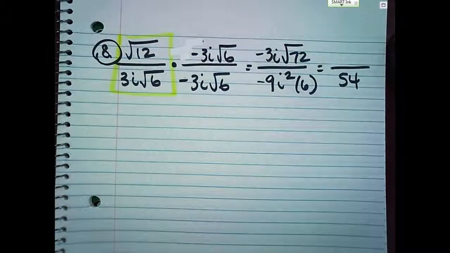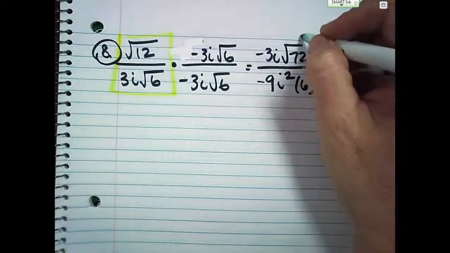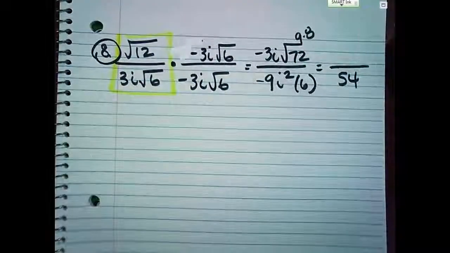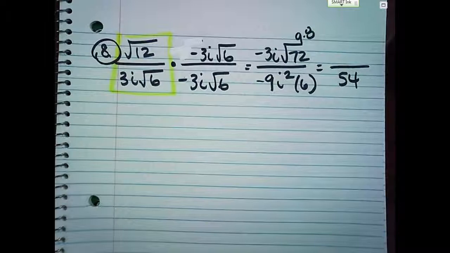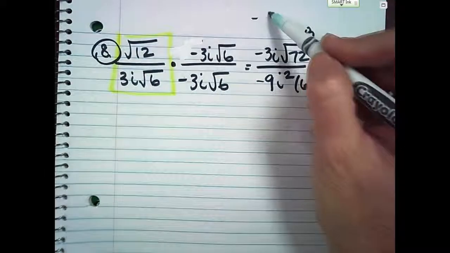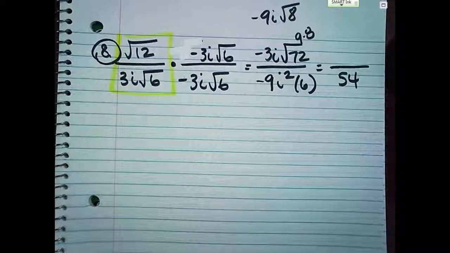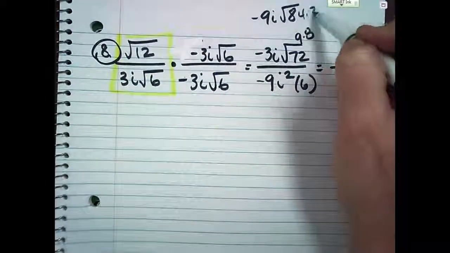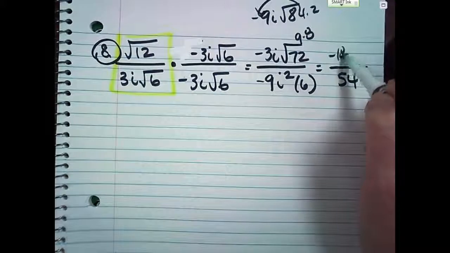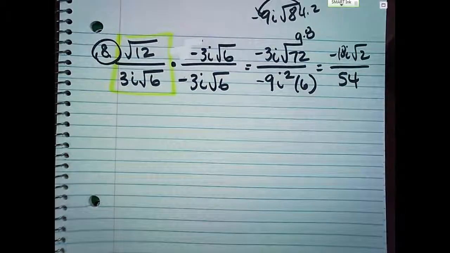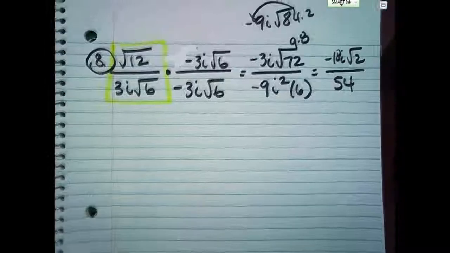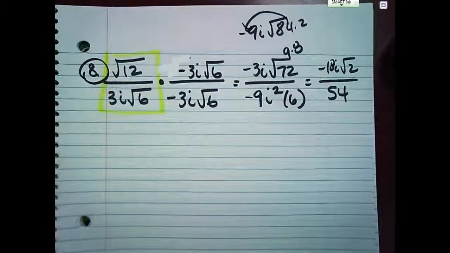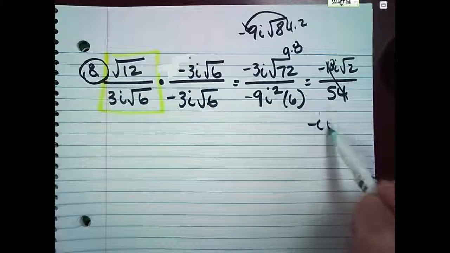What did y'all use for 72? Did anybody think to use 9 and 8 and start there? Yeah, if you use 9 and 8, it's okay. What ends up happening is you get negative 9i root 8. But can you break up 8 one more time? To get 4 and 2, so it kicks a 2 out to give you negative 18i root 2. If you can't think of the biggest that fits in, it's okay, you'll just have to do it twice. 18 and 54 are both divisible by 3. So you have negative i root 2 over